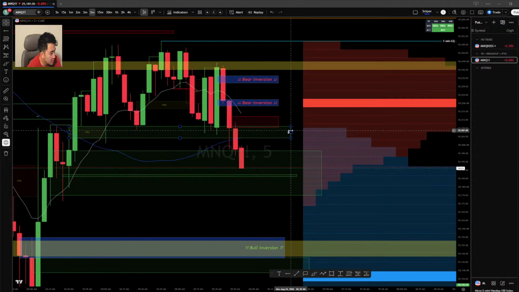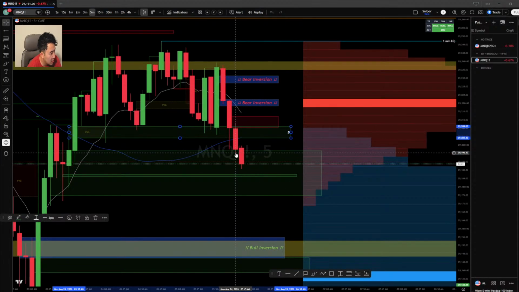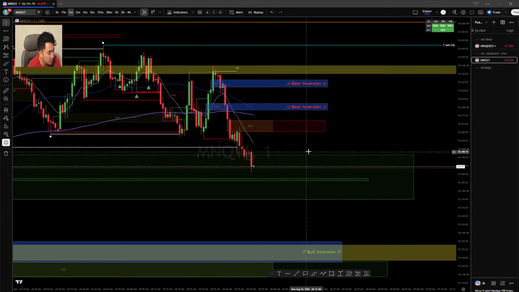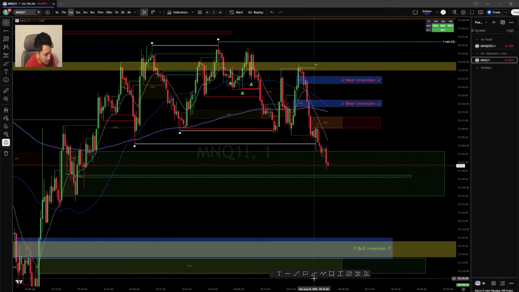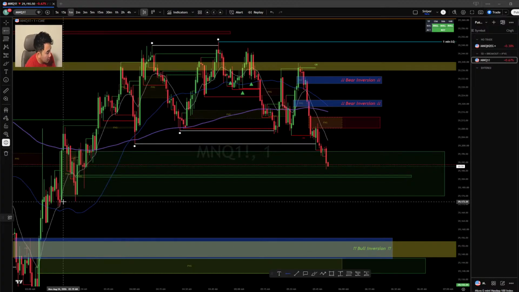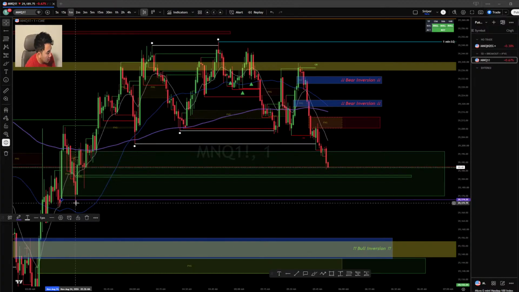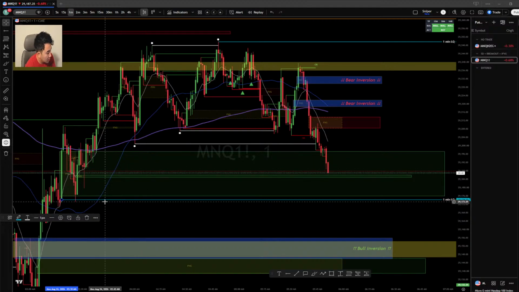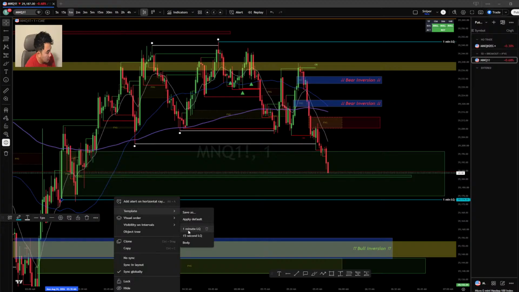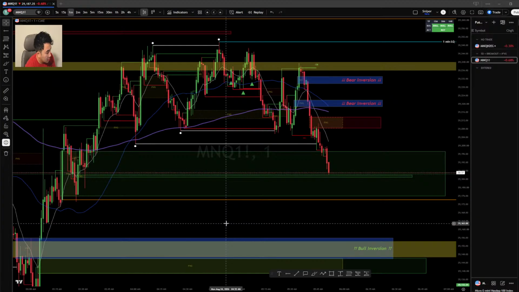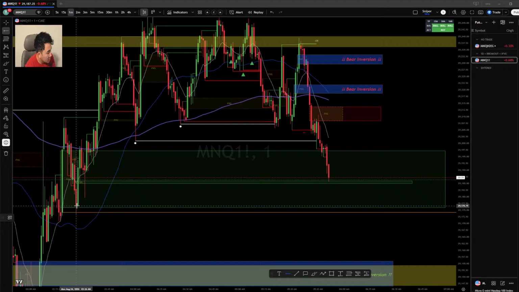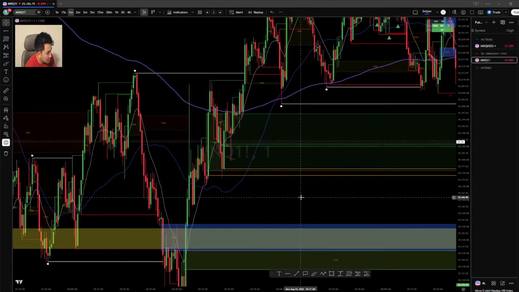On the 5 minute, this bullish gap is broken here. This red candle body closed over it, and we'll delete that one here. Go back to the 1 minute. So that's the body that created this large bullish gap, or the candle body low that created it. This one here would be right there.